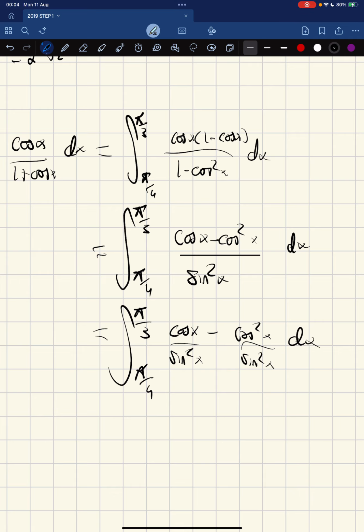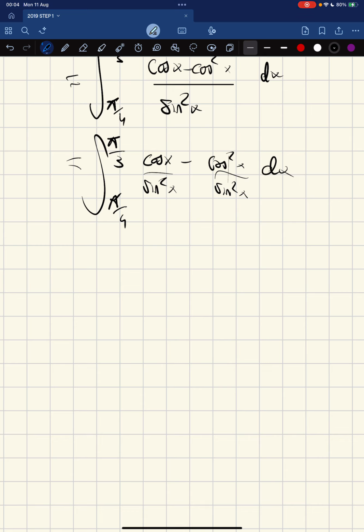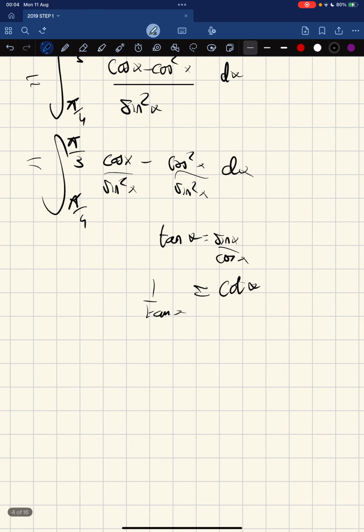So tan of x is sine x over cos x, and 1 over tan of x equals cotangent of x, cot. So the reciprocal of this is cos over sine, so that's going to be cot x, cos x over sine x. So we use that here,